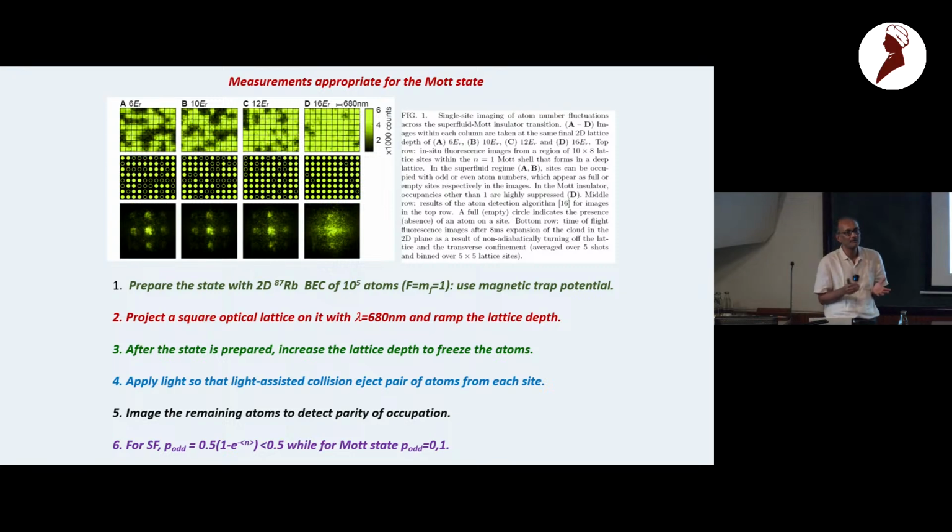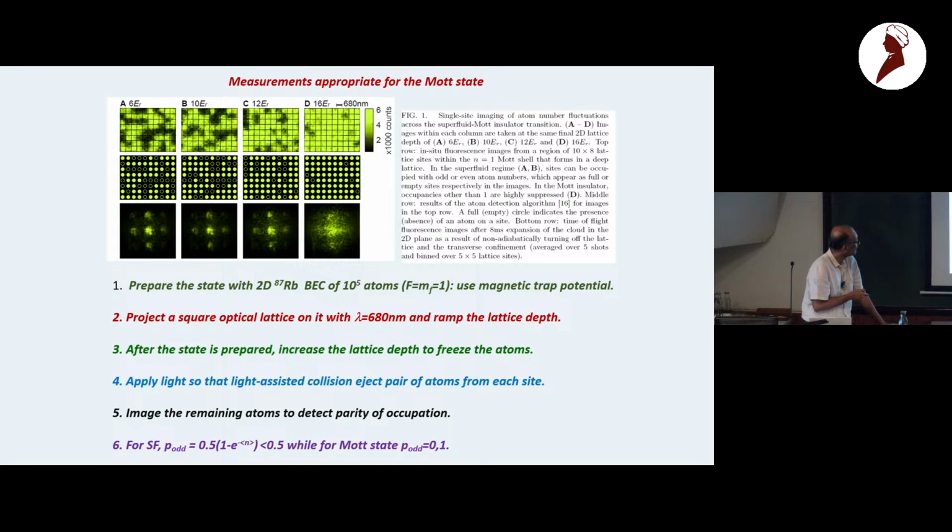But in the Mott phase, it didn't give you much information, because everything was smeared about the entire momentum. So you really couldn't distinguish between a situation where there is one particle per site versus two particles per site. In other words, the structure of the Mott phase was not accessible by this momentum distribution measurement. So people came up with something ingenious.